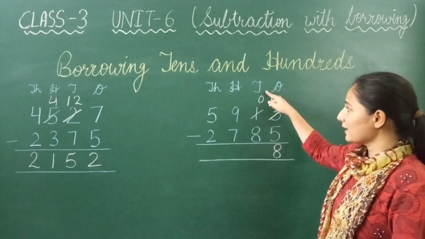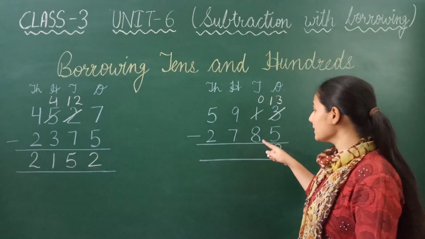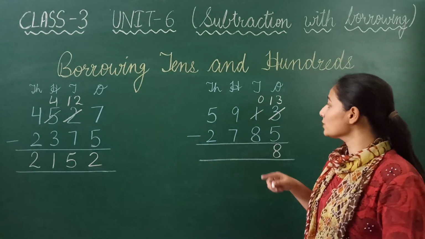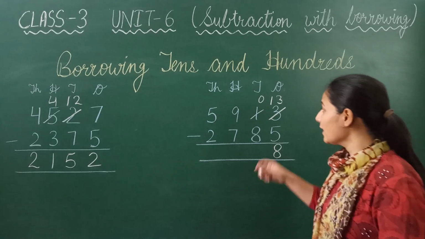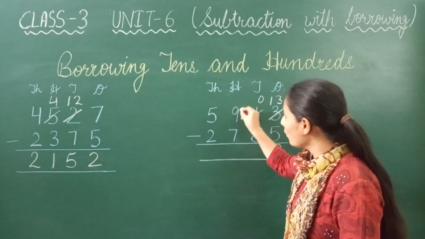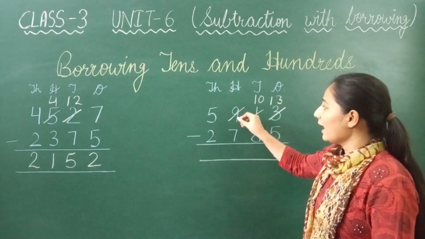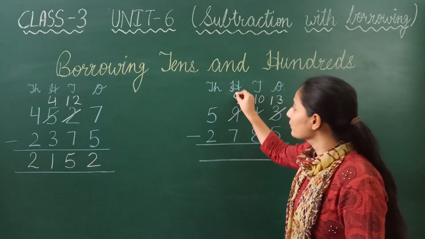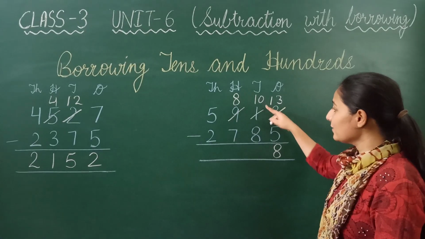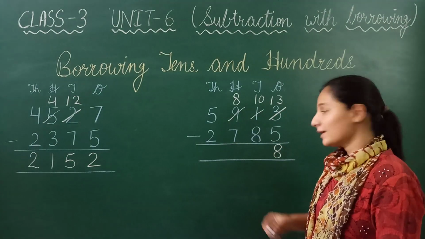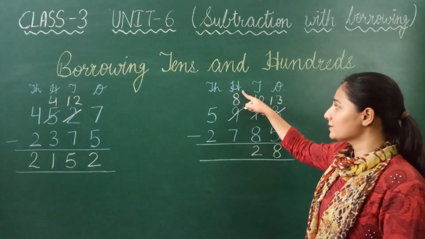Now let's subtract tens place digit. Now here it is 0. Here it is 8. So is it possible to subtract 8 from 0? No, it is not possible. Again, it will borrow 100 from 9. So it will become 10 and 9 will reduce to 8. Okay. Now see what is 10 minus 8. It is 2.